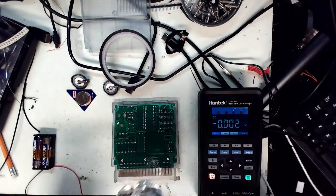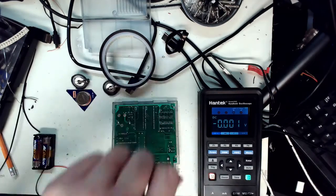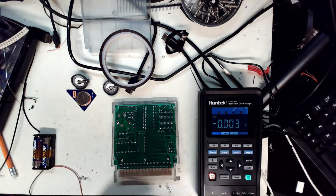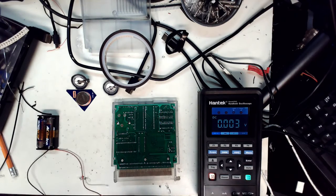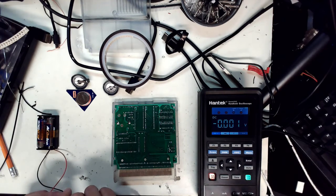This is my Paranoid edition here. I've got my static strap on. I've got the NES Action Replay here. First off, I've got this battery pack that's going to be the life support battery while I swap out